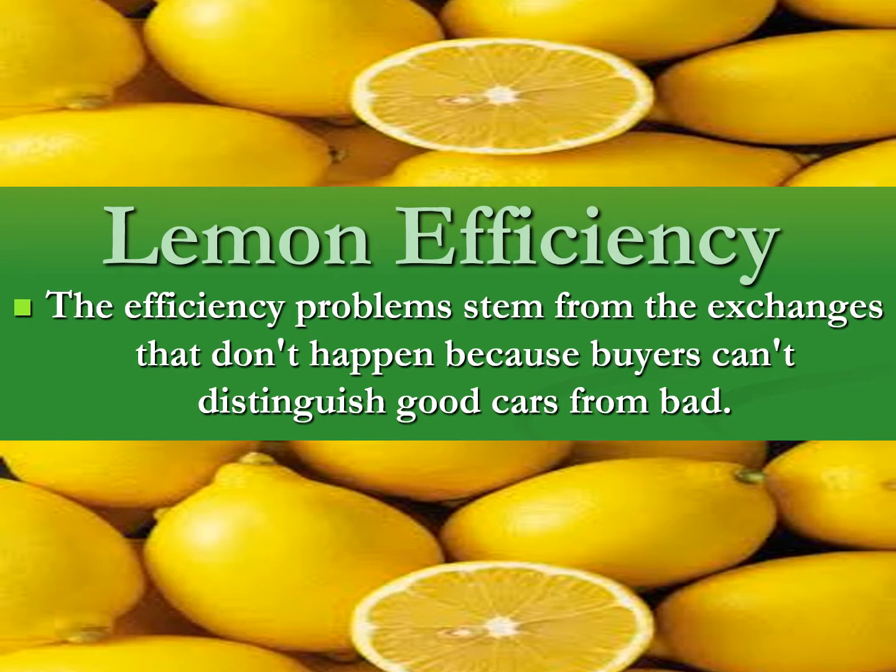In the real world, everyone's not equally in the dark, right? In every situation, some people usually know more than others, and economists refer to this as asymmetric information. The efficiency problem, again, is these exchanges that don't happen because we can't distinguish between the good cars and the bad from the less knowledgeable individuals. Therefore, inefficient outcomes may be the consequence of having information that is not only imperfect, but also asymmetric.